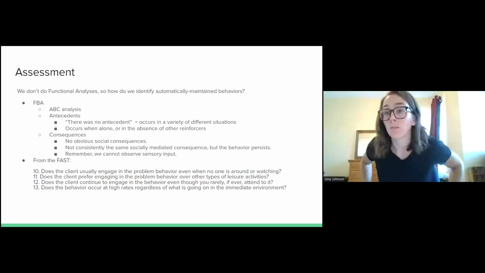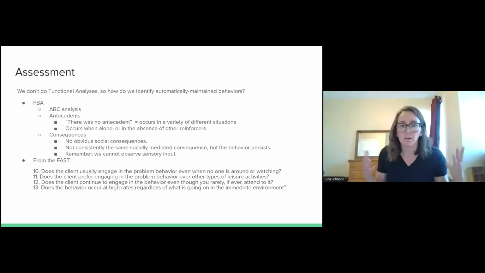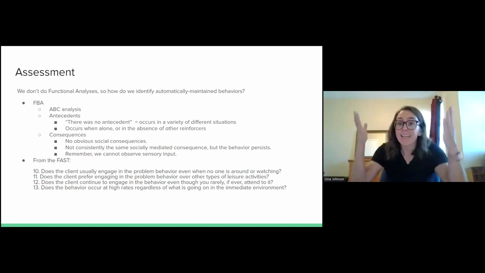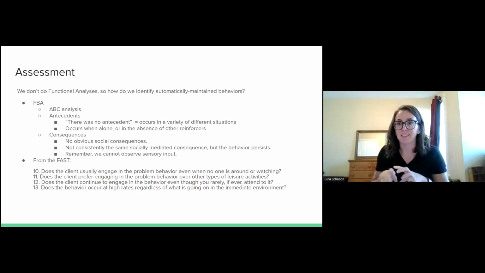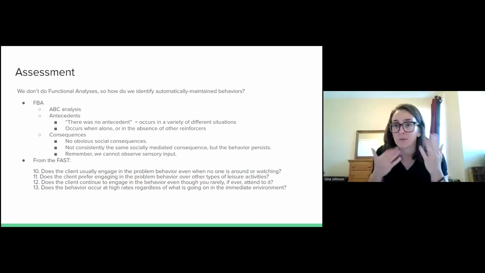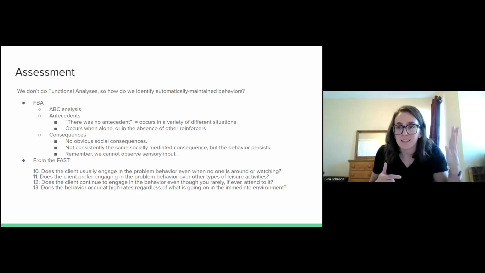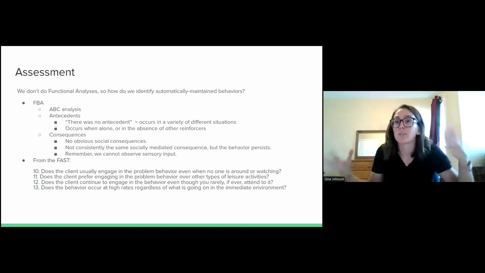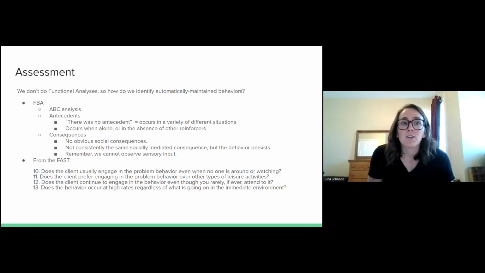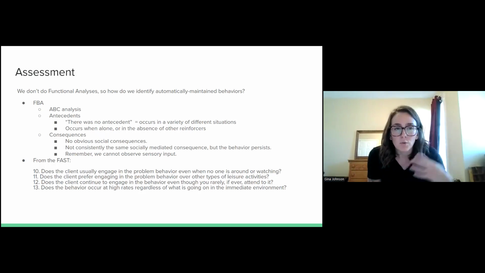That's what we're looking for, right? So instead of creating that contingency in a functional analysis setting, in that laboratory setting, we're looking for those contingencies in the environment through this ABC analysis, right? We're looking and waiting for them to happen and recording what the antecedent was, the demand was placed, the behavior occurred, the demand was removed, right? So we're identifying those contingencies in the environment instead of creating them in a laboratory.